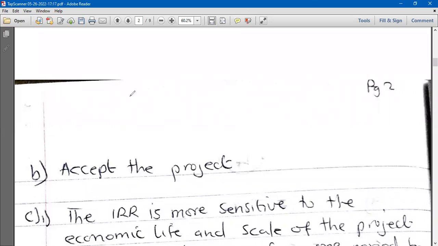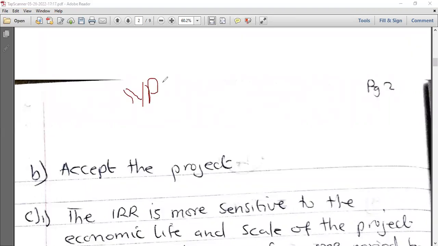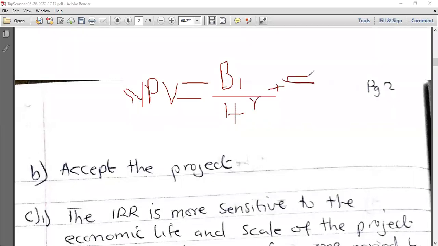Okay, so that one, your NPV will just be equal to the benefit for the first year divided by 1 plus R, then the benefit for the second year over 1 plus R all squared, minus the initial cost, is equal to 0. Then you solve for R. Here you get a quadratic equation in terms of R. So you can just use the almighty formula and you get the exact IRR without going through the trial and